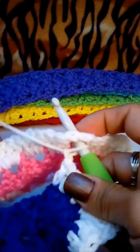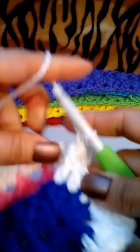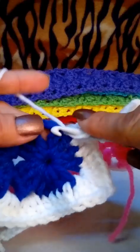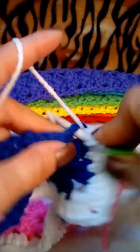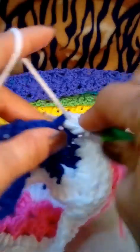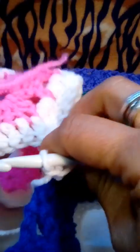Okay, slip stitch, chain another one, and then come back to your working square, and here you are in this space to make your 3 double crochets. Okay, we're going to chain 1, and then we're going to go back to our